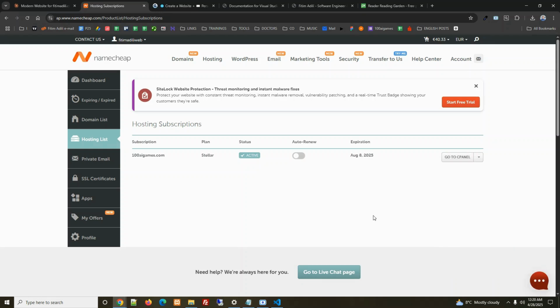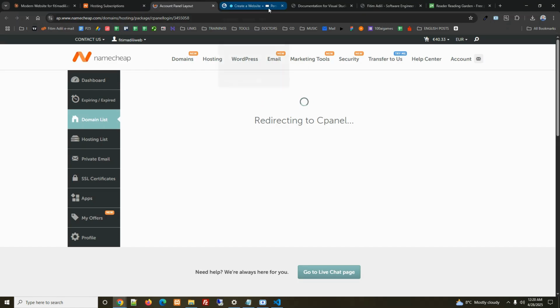When it's connected, you can see this. So you can see your domain here, your plan, whether you have auto renew or not, and then you can go to cPanel. cPanel is a page where you can manage your email accounts, you can manage your hosting and all this kind of stuff. I will go to cPanel